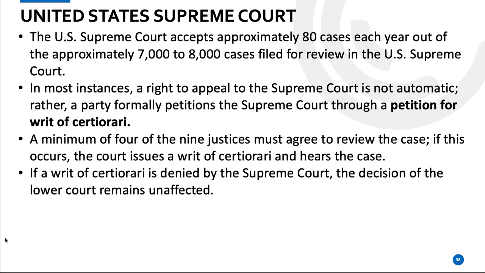On the federal level, though, with the U.S. Supreme Court, a minimum of 4 of the 9 justices must agree to review the case. If this occurs, the court issues a writ of cert and then hears the case. If a writ of cert is denied by the Supreme Court, the decision of the lower court remains unaffected. So there are some ways sometimes where, one of the things you look at is that throughout the U.S., you may have